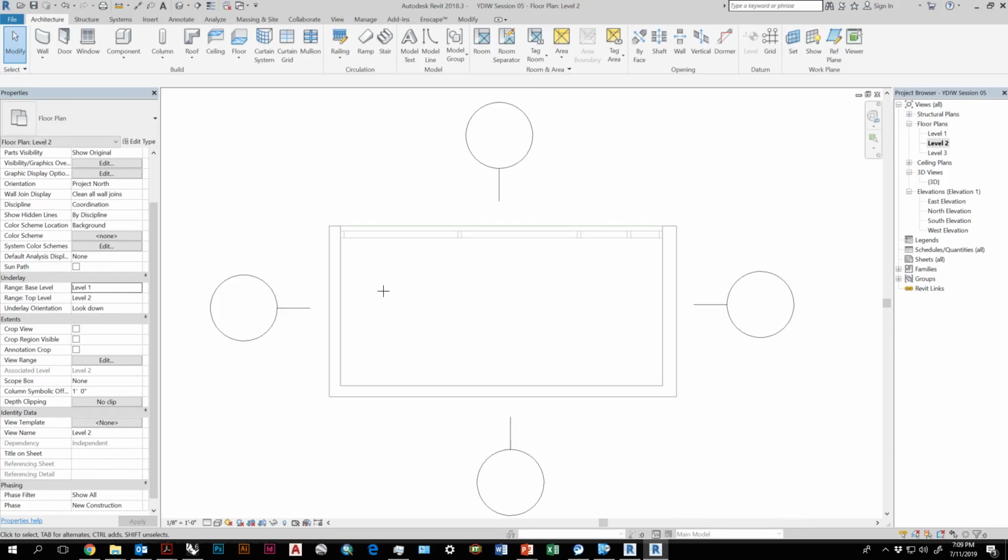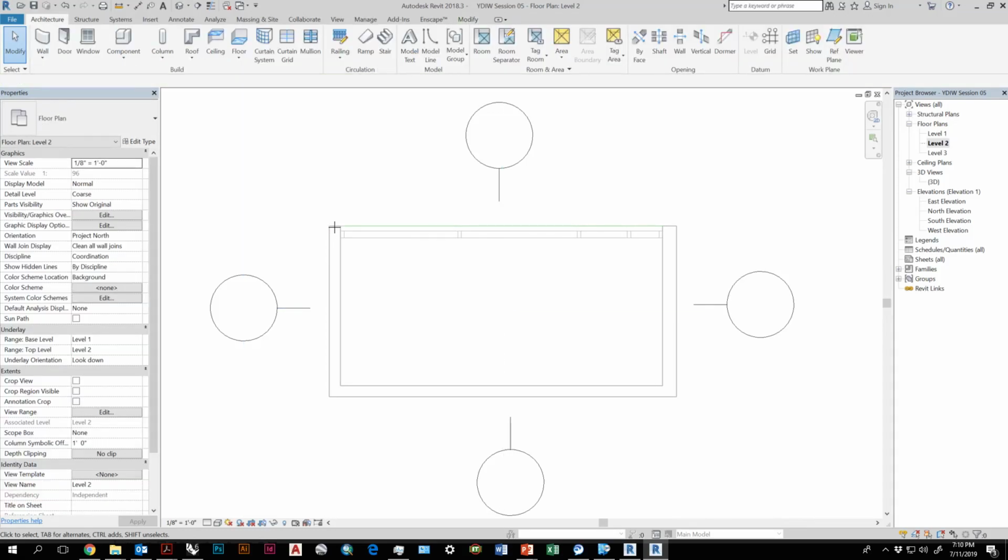So a lot of you probably watching online are like, yep, it's underlay, Paul, but you can't really tell. Anyway, underlay. So this is level 1. I can see it now. I can't interact with any of the elements in the underlay. It's just there for reference. But when I'm drawing, I can use it to select things or snap to things.